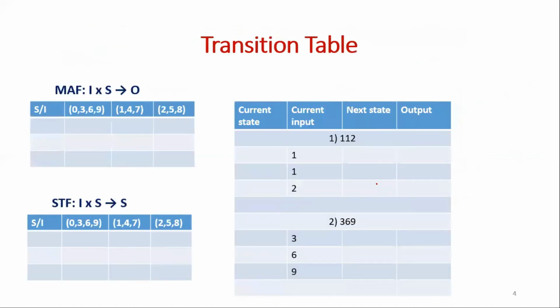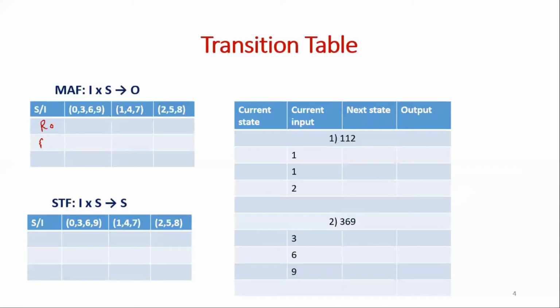Now let us write the state tables from the transition diagram. State tables consist of 2 tables, that is the machine function table and the state function table. Machine function table will map current input and current state to the output. So here my states will be